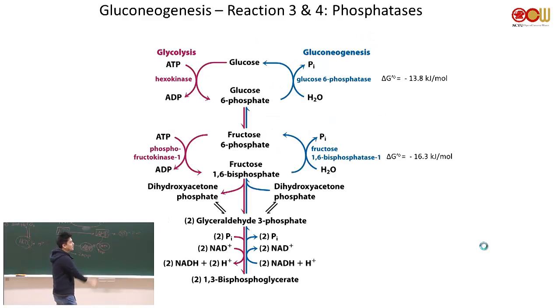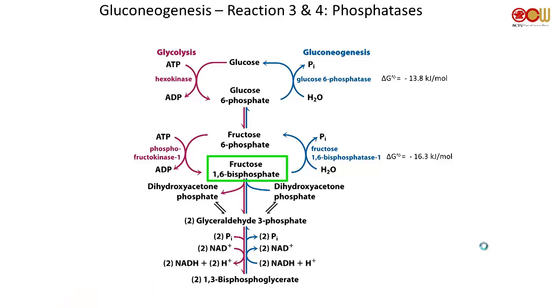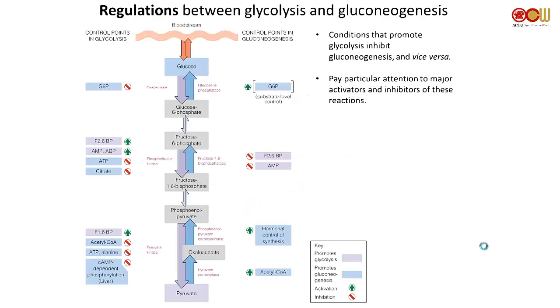All right. So in gluconeogenesis, reactions 3 and 4 are phosphatases. They're nothing more than water coming in and hydrolyzing your phosphate away. So these two: fructose 1,6-bisphosphate to F6P, G6P to glucose. They're called phosphatases because they degrade phosphates. They get rid of the phosphate. So then you can start from pyruvate and you end up with glucose. Okay, so this is gluconeogenesis.